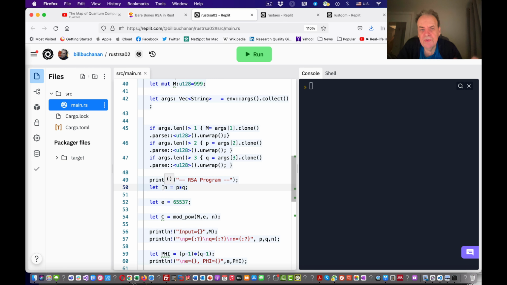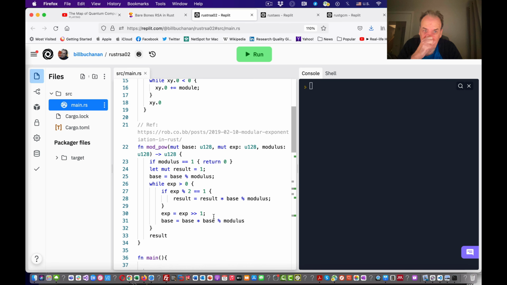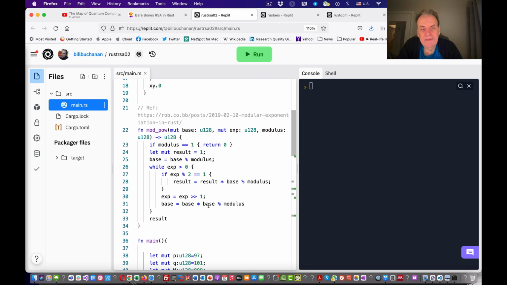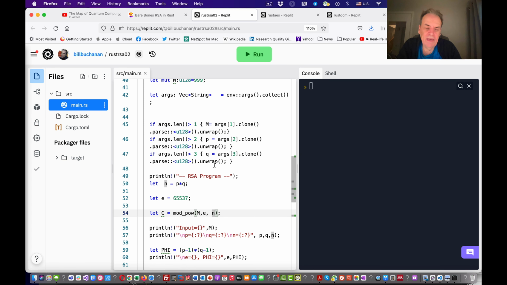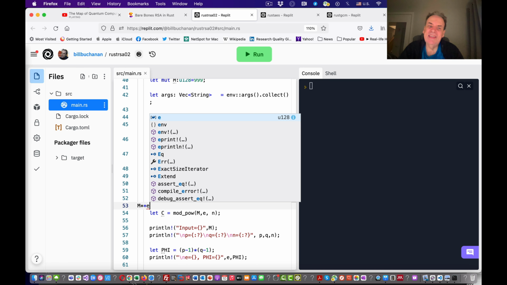It's not mutable, so it's not going to change after we create it. There's the E value, and we take m to the power of e mod n. So this is a little first principles method to do the exponential. It's a standard way that we do it. We go through each bit. It's called Montgomery methods, and it allows us to very quickly create an exponent, m to the power of e mod n. If we did this just with m to the power of e, it would take a long time to do that, and it would probably overflow the machine.